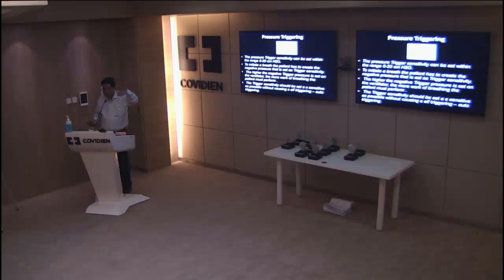So suppose the PEEP is 10, you have to just make the pressure go down to 8. So it is pressure below PEEP, not the absolute pressure. So when you say trigger -2, the patient just has to generate a pressure of -2 to trigger the ventilator. If you keep it too high, the patient will do much more work, but if you keep it very low, even things like water in the circuit, the heartbeats and so on